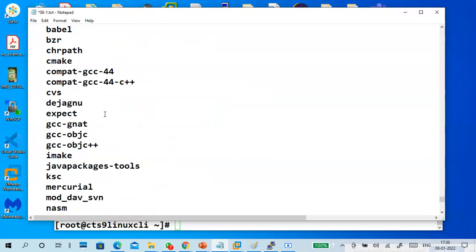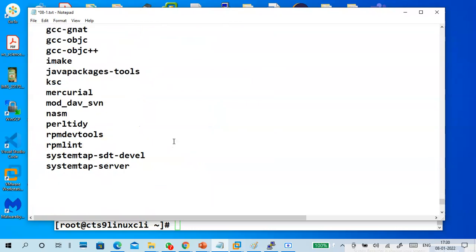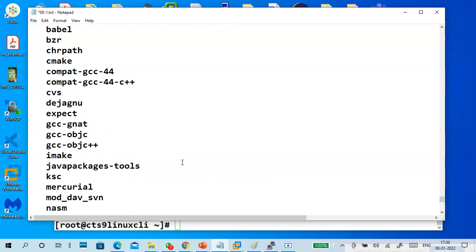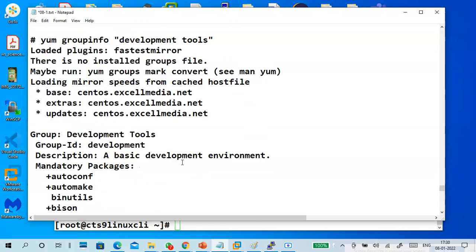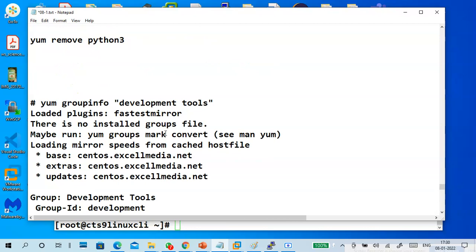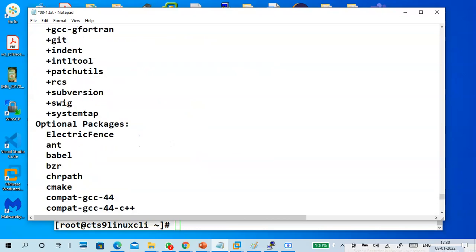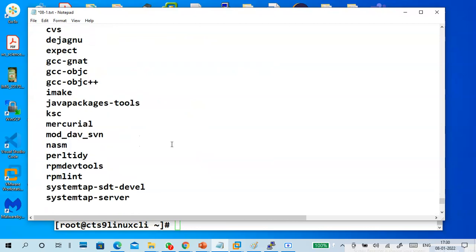What is this? Does anybody know? Subversion. I highlighted something, right? So what is that? Django.